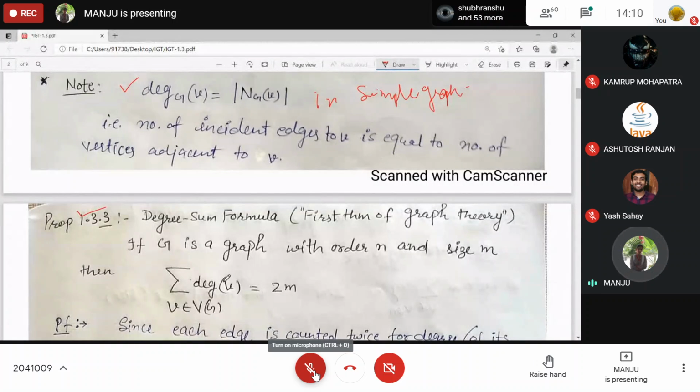And this is known as the degree sum formula. Formally, it is known as the first theorem of graph theory. If G is a graph with order n and size m, then the summation of the degree of the vertex v, where v runs over the vertex set of G, equals twice the size. That means if you take the summation of the degrees of all the vertices, you get 2 into size, 12.